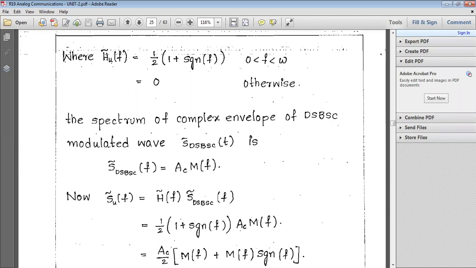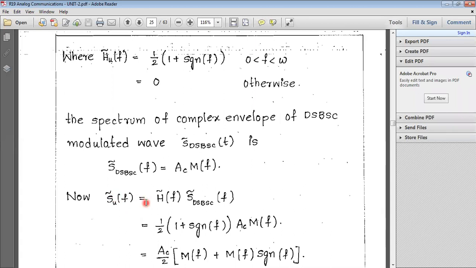Now, our aim is the calculation of Su of t. What is Su of t? Su of t is nothing but the SSB signal. So for that purpose, we take the frequency domain of the DSBSC signal. From that, we calculate SSB in frequency domain. Already you know SSB in frequency domain, that is Su of f